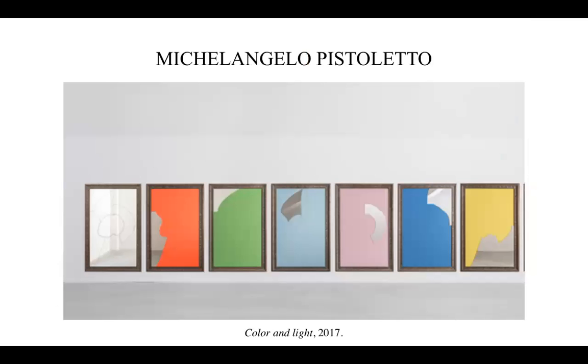So the next artist is Michelangelo Pistoletto. When speaking about his own works, this artist said, "I believe that man's first figurative experience is in recognition of his own image in the mirror." His works are really interesting as he creates works that include surfaces that reflect the viewer so that the viewer is physically included in the work. This also means that every viewer has a different experience with the work. So the figurative aspect of his works is continuously changing depending on the viewer's interaction with the piece.